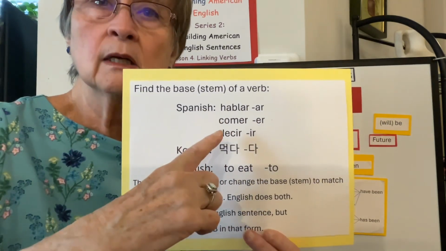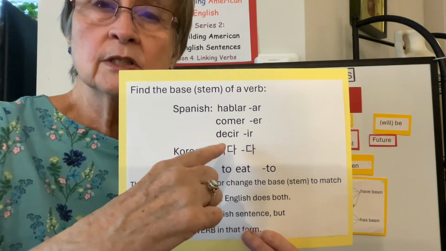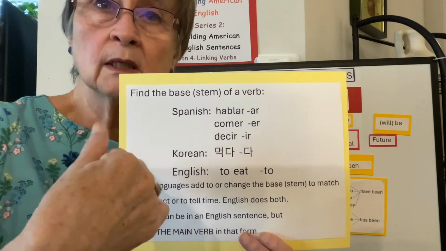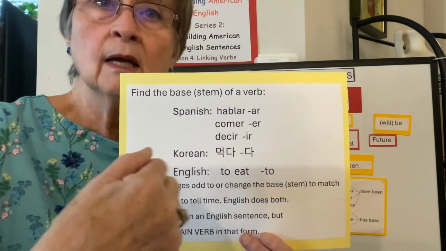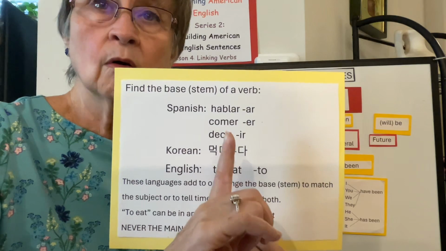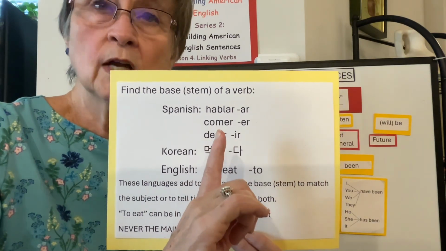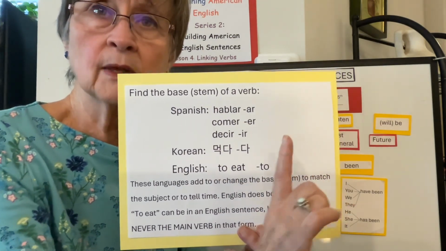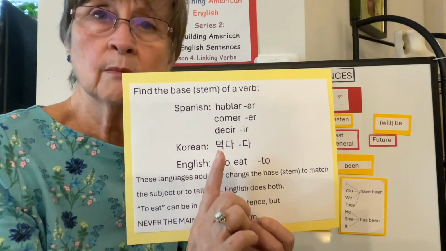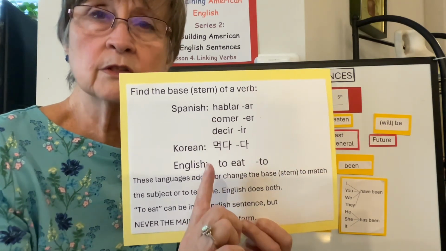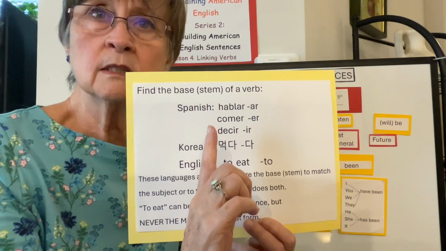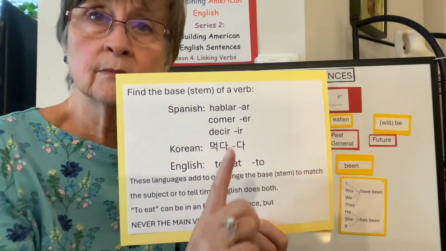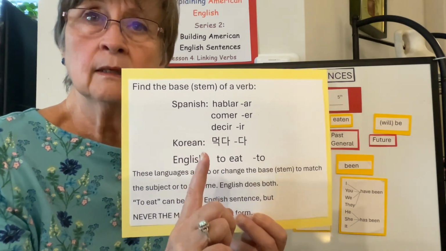In the dictionary, comer, to eat. Decir, to say. That's how we translate it. Comer is in English to eat. Decir in English is to say. And you take the ER off or the IR off, and then you change or add to the base to make it fit in a sentence to say something. I'm going to use comer because eat will fit all of these three languages. You don't say in Spanish yo, which means I, yo comer. You say yo como. In Korean, 먹다,